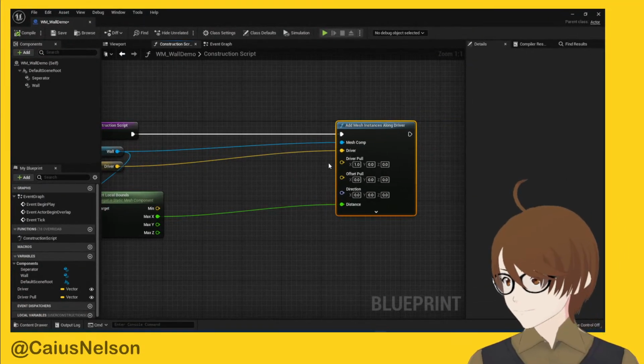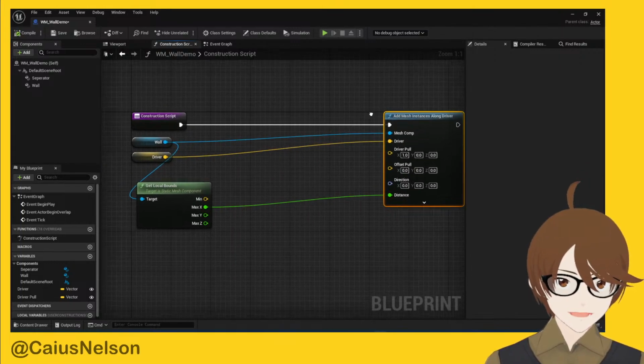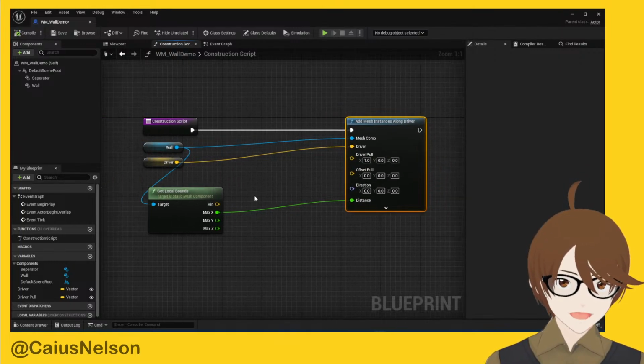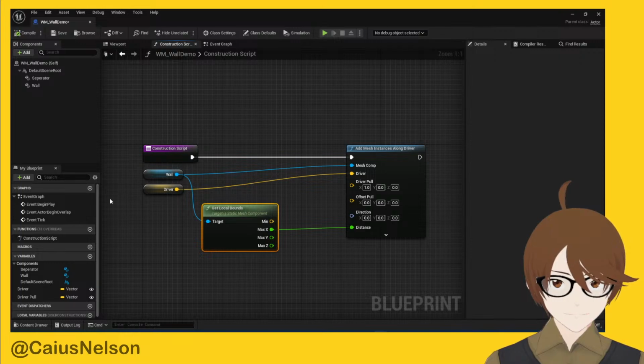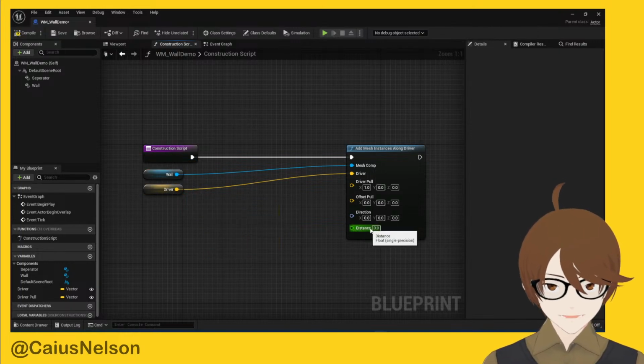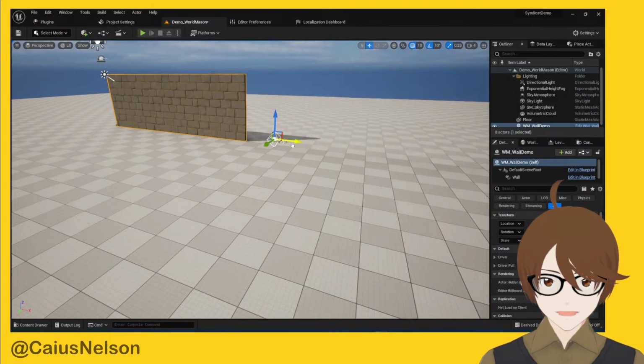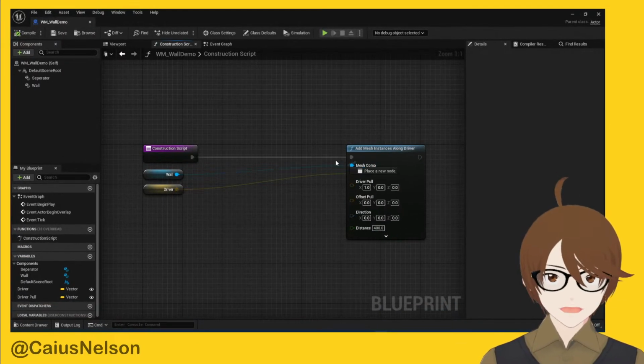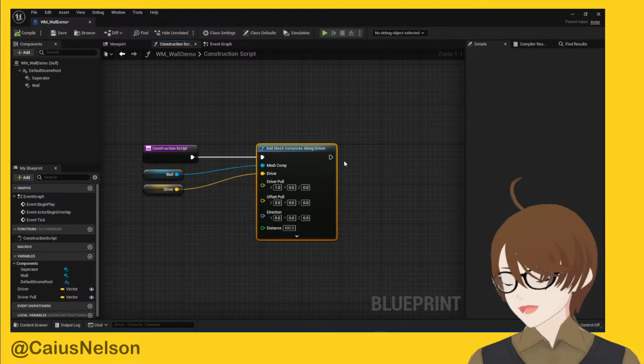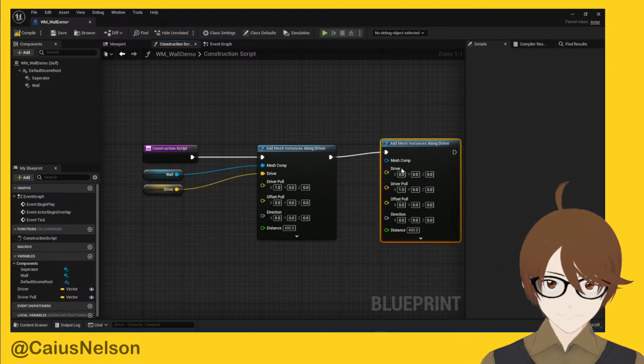And that's all this is, just this one function. Plug that in and it's organically building the wall. Super simple. I can also just delete this, like I said, 400 I think is the distance, and it should still build naturally. Yep. So if we want to add in the separators, we can do the same thing